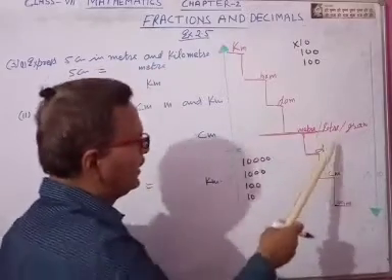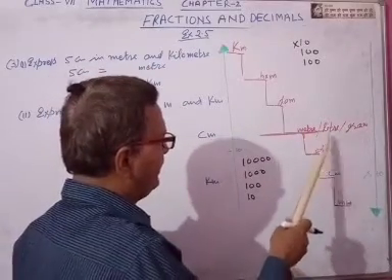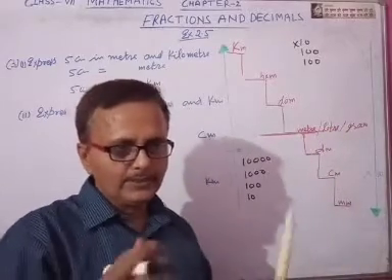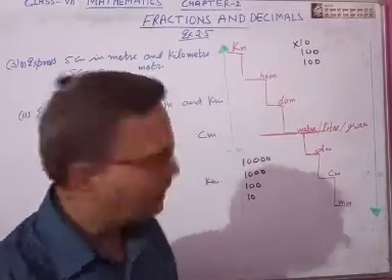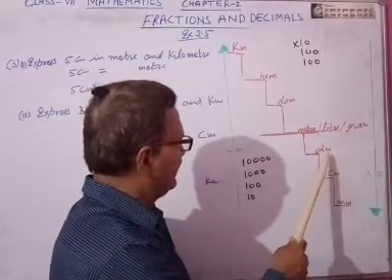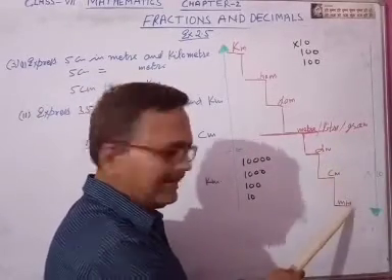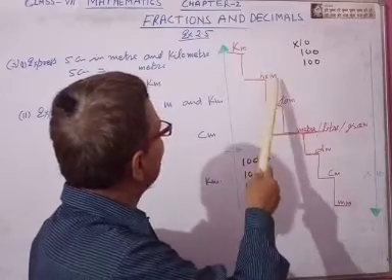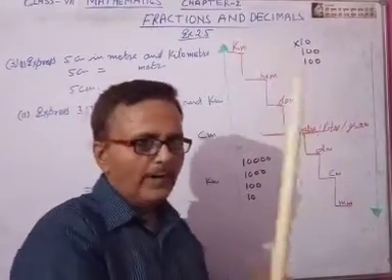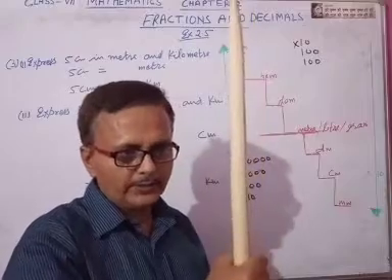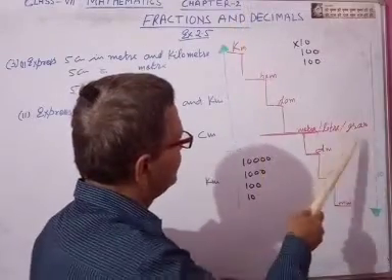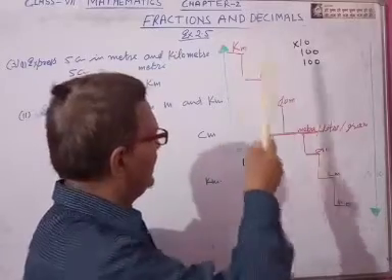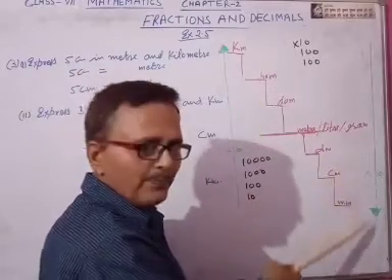This is deca, we can read as liter. Suppose we want to measure something in liter, suppose we want to measure milk in liter, so we will say deciliter, centiliter, milliliter. Here we have decaliter, hectoliter, kiloliter. Suppose we want to weigh something, sugar or rice, so we will use gram. Gram, decagram, hectogram, kilogram, decigram, centigram, milligram.